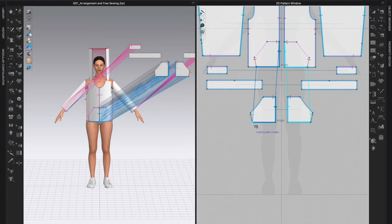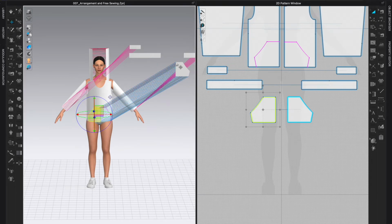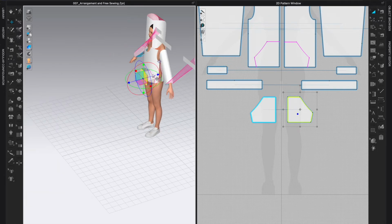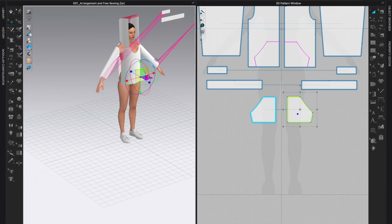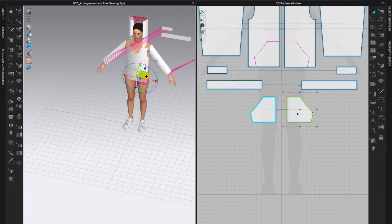And because we have these stitches, these sewing relations applied, we can use the superimpose function now. So real quick, I'm going to go back to my transform pattern tool, which is A, hotkey A. And I can now click in the 3D window, select this, right click and say superimpose over. And so I could also just bring that closer to where I need it, right? And shimmy it up real close till it is close enough where I need it, but superimpose is so much